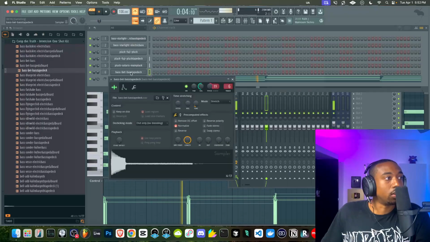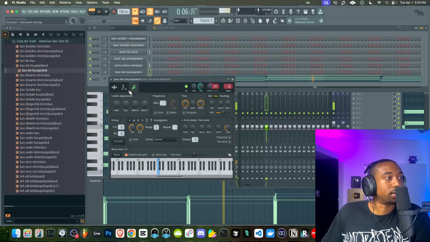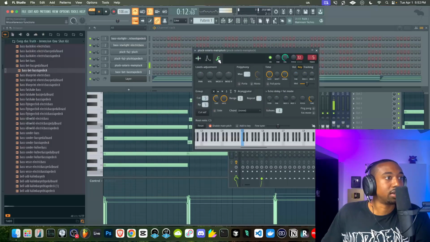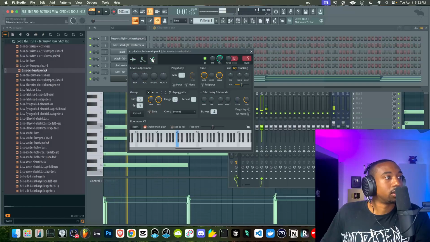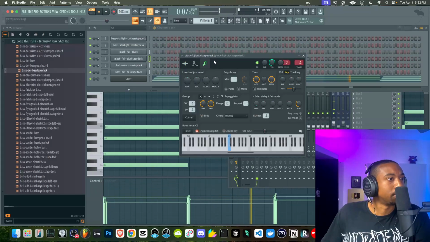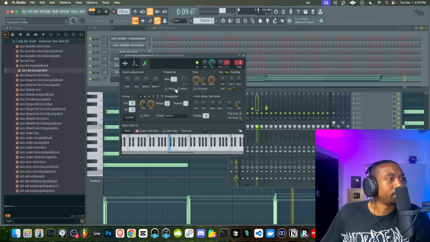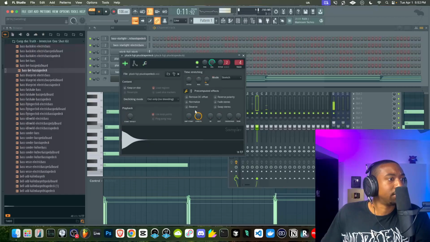Now for each sound, we can go in to the wrench tool and we could do stuff like turn up time shift. We could add some portamento here. So we're creating time differences and pitch differences. You could also go into the sample itself, go to the pre-computed tab and go to stereo delay just to switch it up. So I'll just be turning these random parameters on so that it creates a difference in each sound. We're adding that pitch bend effect, and then we could also add again stereo delay and different effects here on the front.